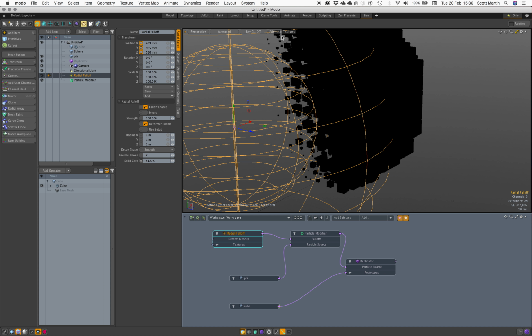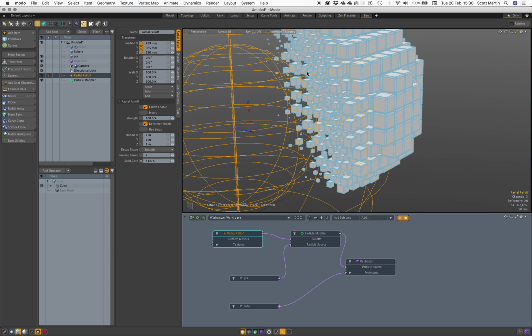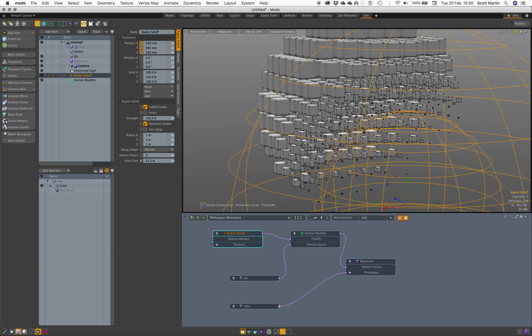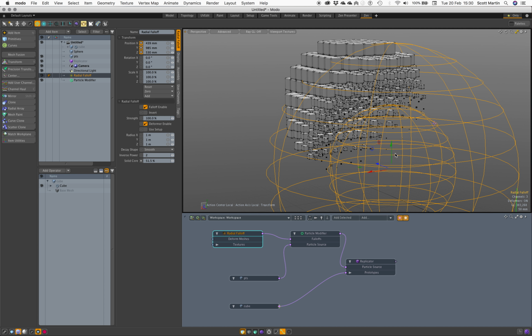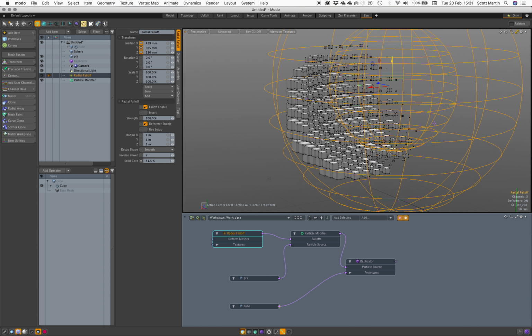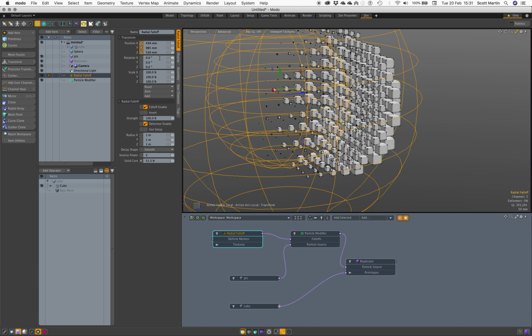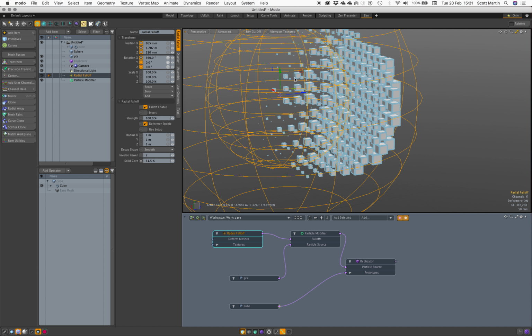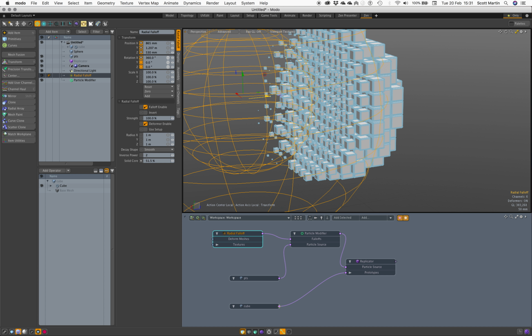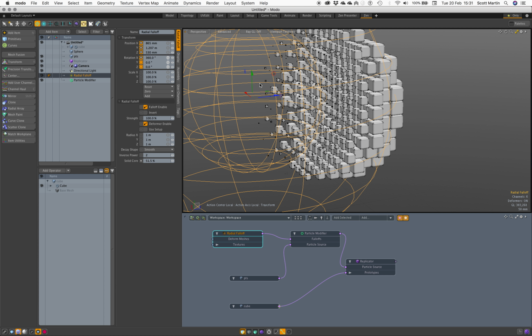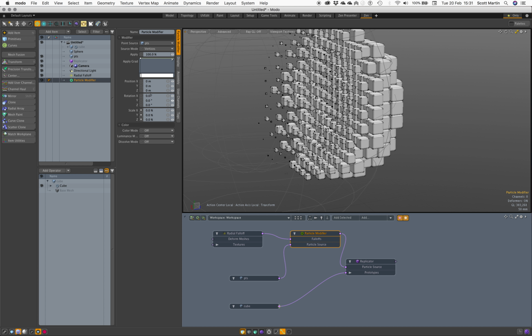I think I might have viewport textures enabled. No, that's it. It just takes a little while. It's an old Mac I'm working on. And yeah, that's it pretty much. I'll just have some random rotation. Oh, silly. Not on there, on the particle modifier. So 360 across the board,